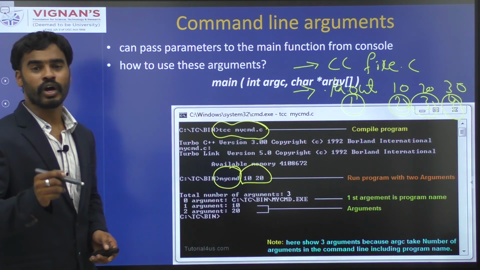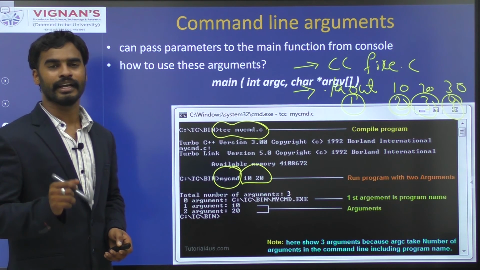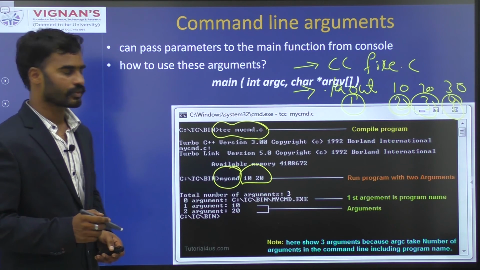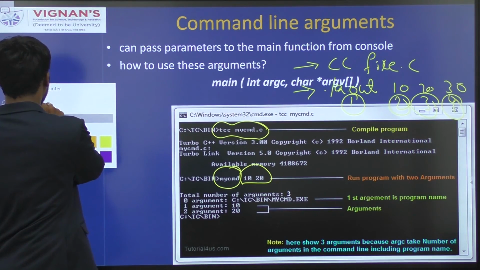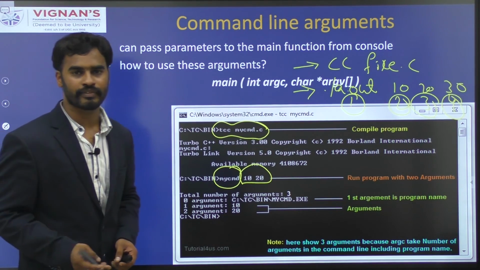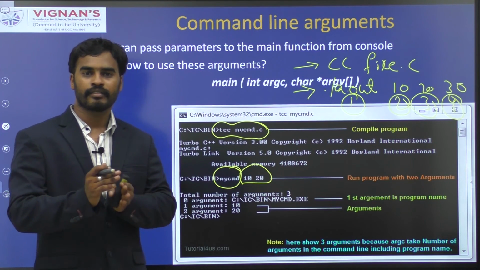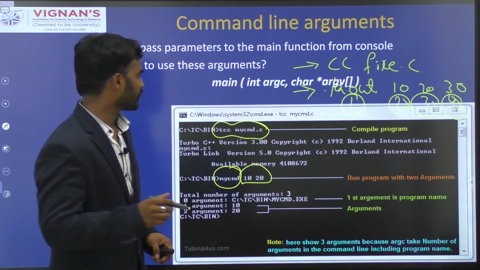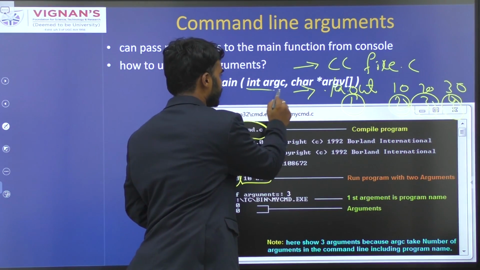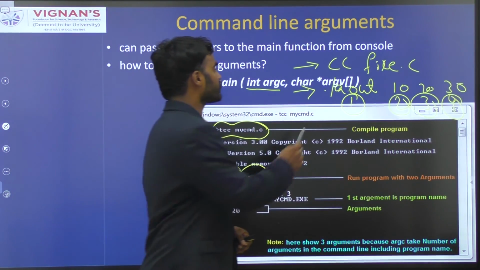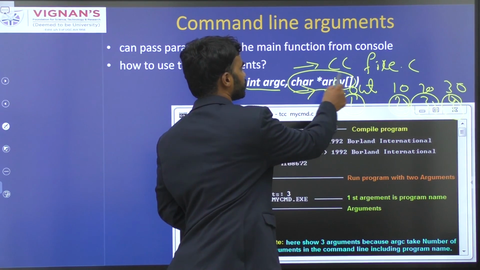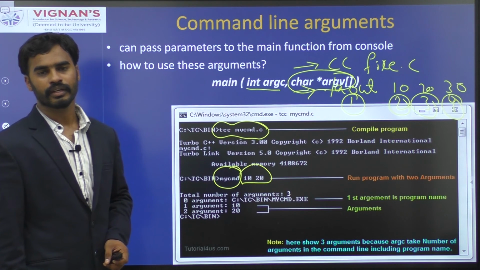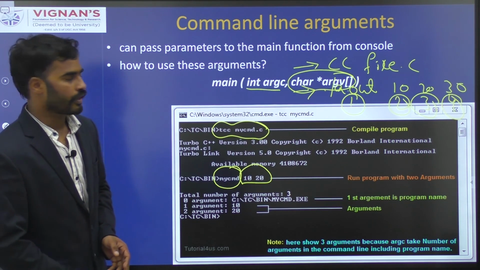You have to change the header of your main function a little bit to make it compatible with command line arguments. You have to add 2 parameters. One is of integer type, another one is an array of character pointers.